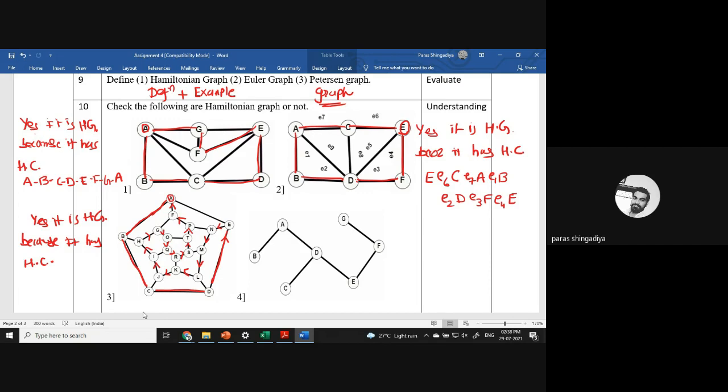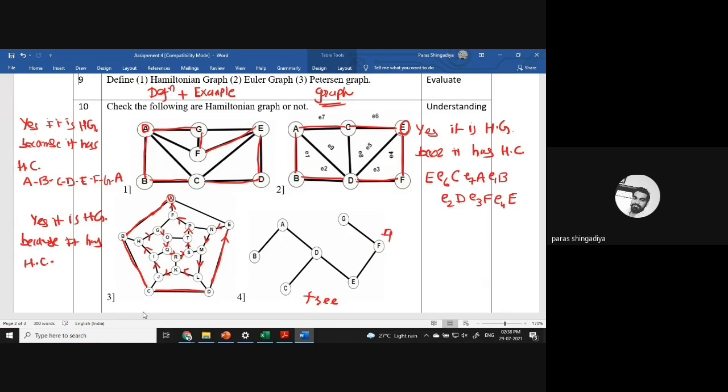Okay, now for the last one, is it Hamiltonian or not? It is not Hamiltonian, yes. Here is one of the trees. You can see this picture. It is a graph of a tree. It is connected, all the vertices are connected, but it has no circuit. Clear? Therefore we cannot find a Hamiltonian circuit, which includes every vertex exactly one time. So your answer is no. Otherwise it is not a Hamiltonian graph.